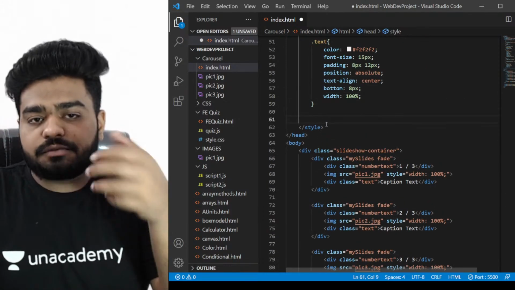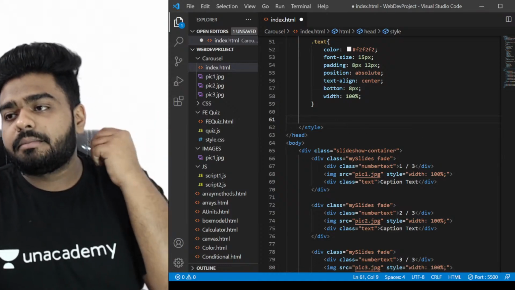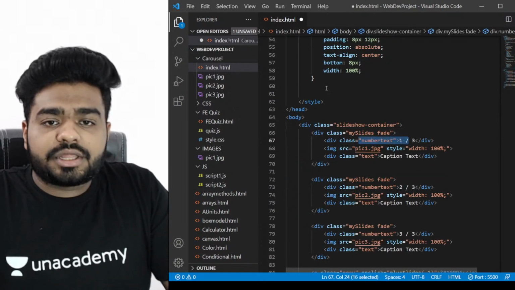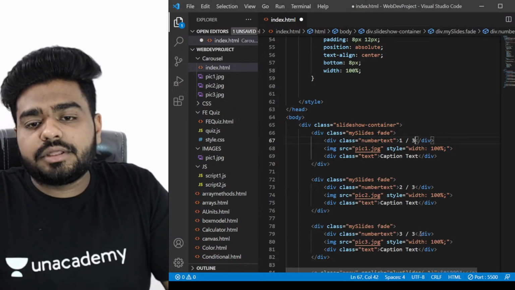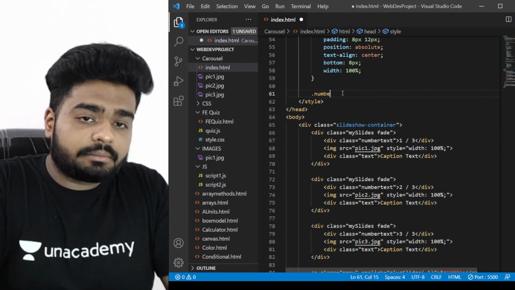Any which way, if I save this, nothing is going to happen in the browser, so I'm not going to show you anything right away. But now is the time that we have to write something for this number text. So this number text is also there, and 1 by 3, 2 by 3, 3 by 3, all these things should also be visible, right? So for this also we will give number text,